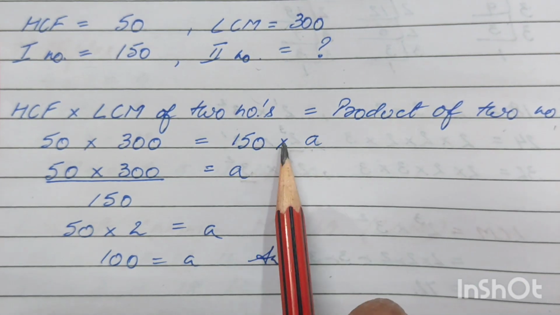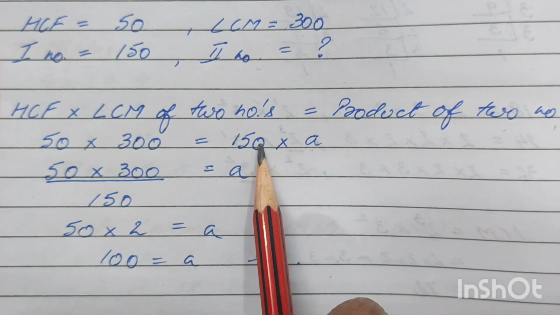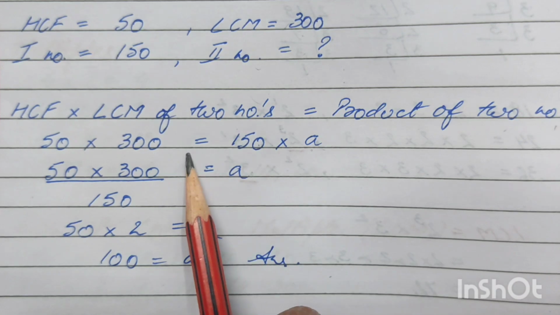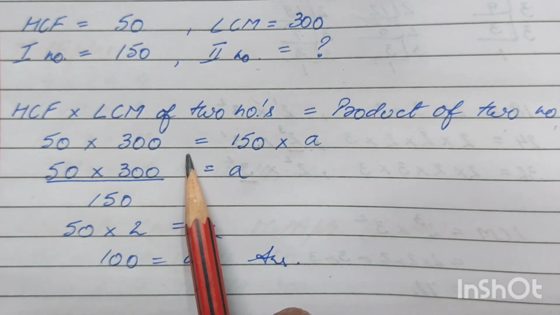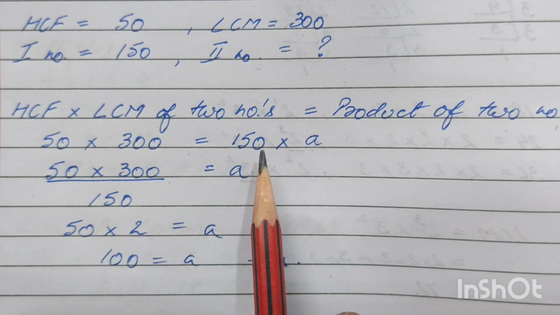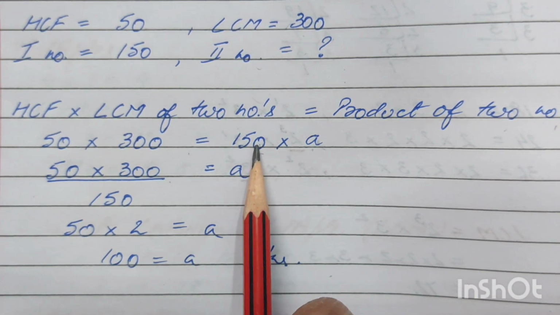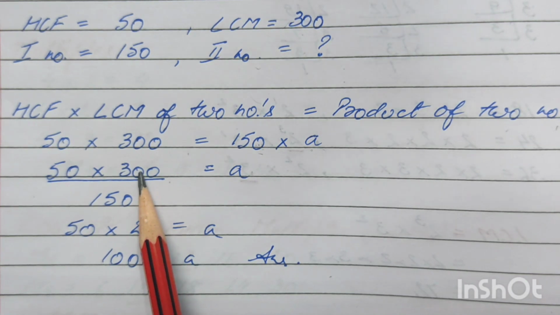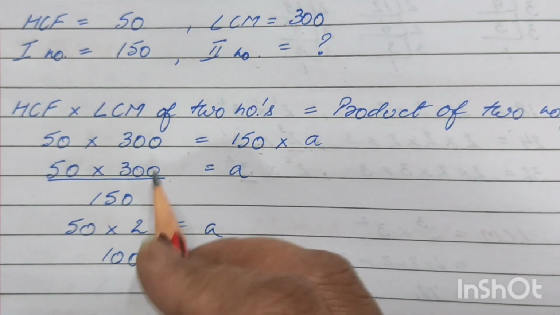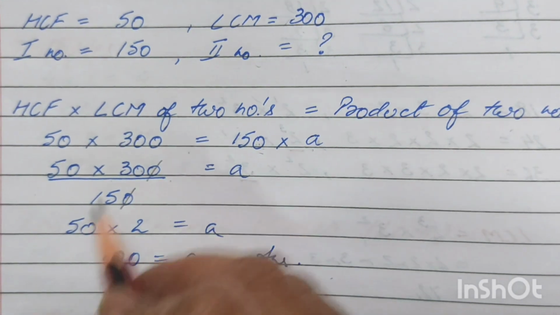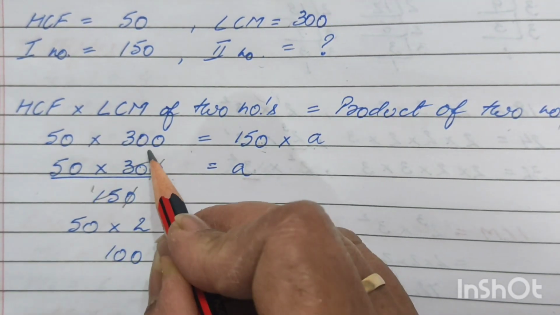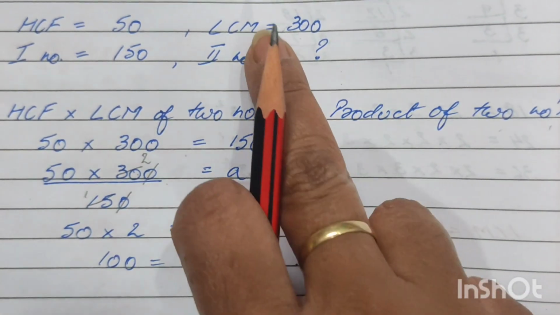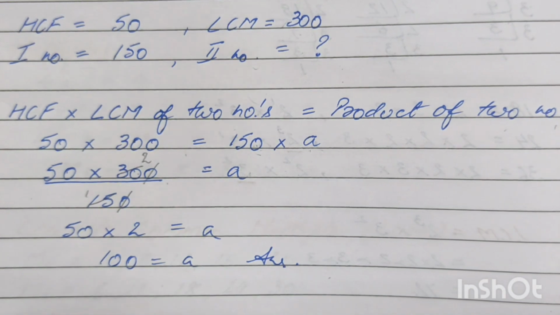Now this 150 into A, when you move to the next step, this 150 will be removed from one side. When a multiplication value is taken on the other side of the equals sign, children, it changes and goes into division. The multiplication value always changes to division when you take it from one side to the other. So this goes on the other side, children. Now we can divide it over here, reduce the zeros, and 15 ones are 15, and this is 2. So 50 into 2 is how much? 100. So the second number over here which was missing is actually 100.